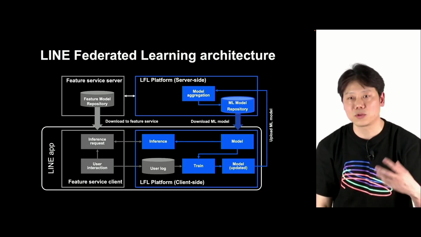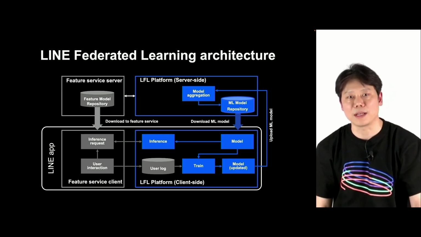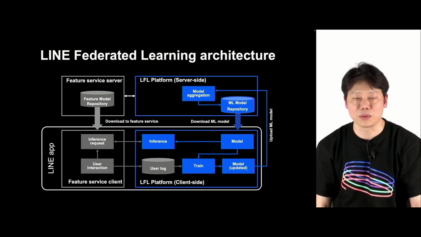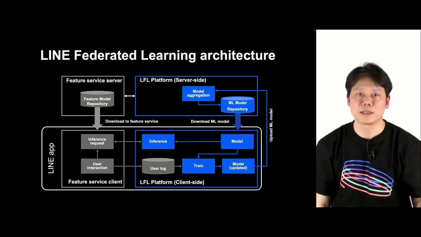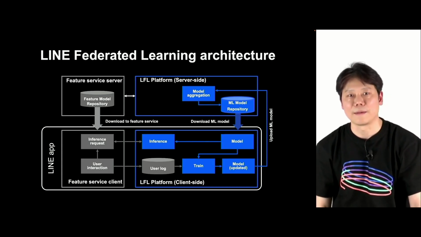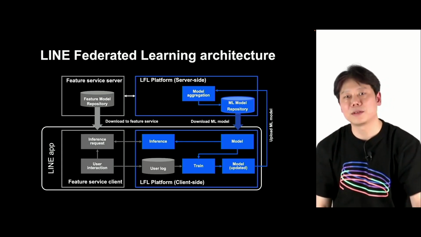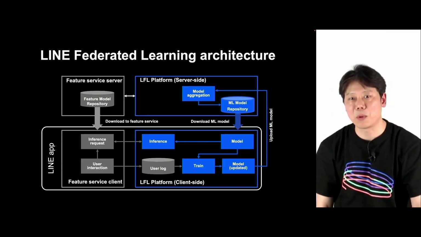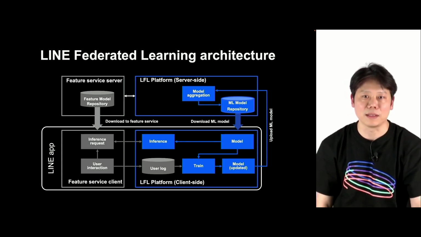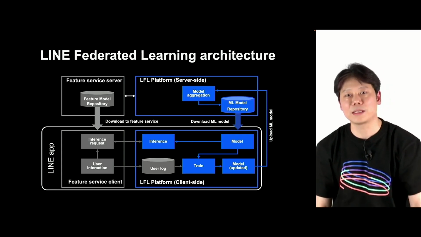For the federated learning, each service generates additional models, and those models are called feature models. Within the Line app, the recommendation of the stickers is made in the feature service client area. The feature model is downloaded and used when the recommendation is made. And thirdly, on the upper right corner, there is the LFL server, which is in charge of distribution, collection, and